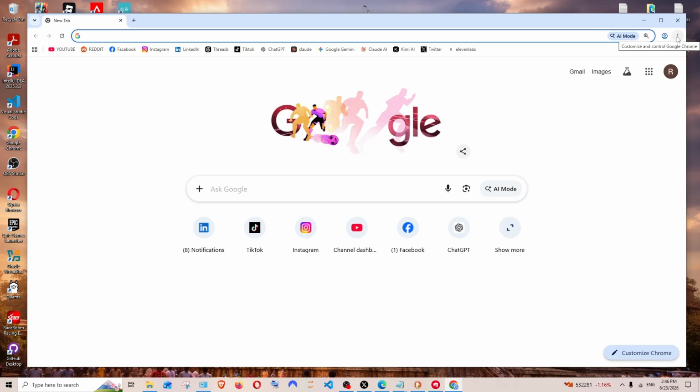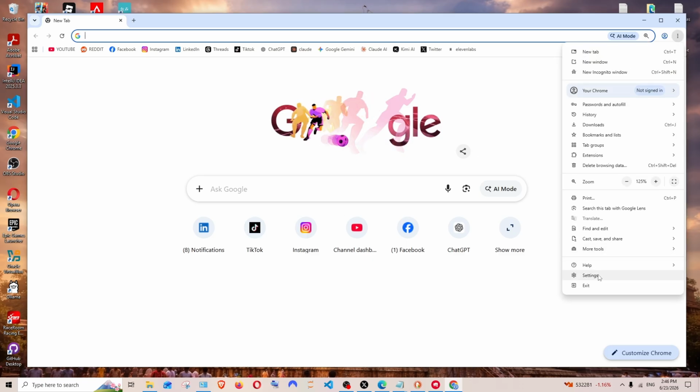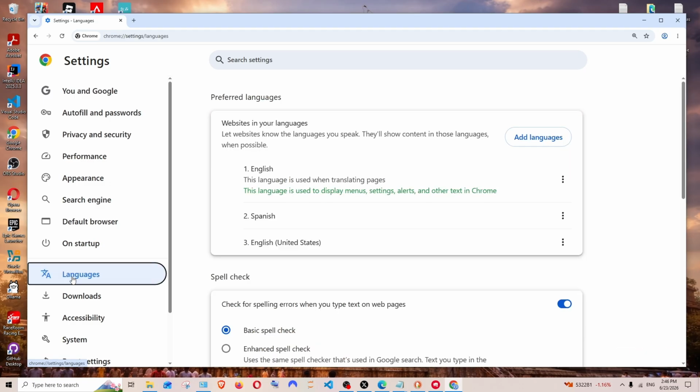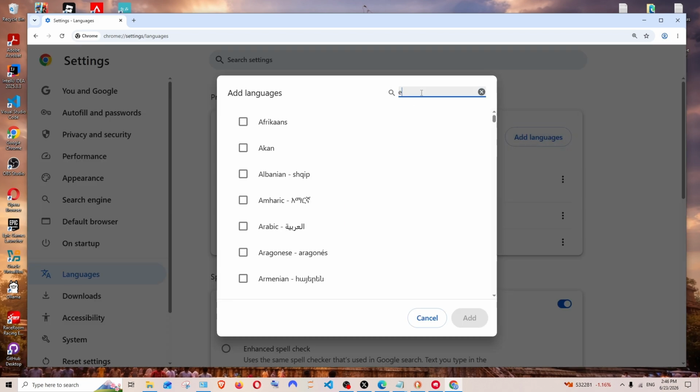icon. Select it. At the end, we'll be having the settings, the second last option. Select it. Here in settings, we'll be having the languages. Click it. Here in languages, if you don't have English, just click on add languages and search for English and